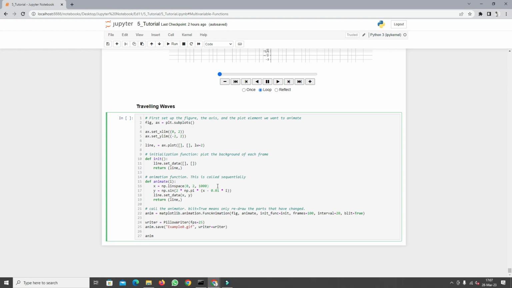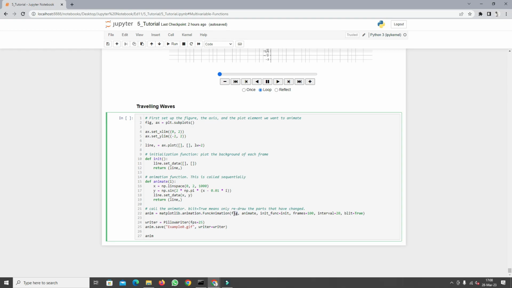You can put the x outside the animate function. It should really not have any difference because it's not dependent on the index i, but our variable y, which is our function, is dependent on i, and our function y is just defined as sine of 2 pi times x minus 0.01 times the index value i, and then it's going to take this plot object line and set the new data of x and y to update those empty sets for new values of x and y. So it's going to update the linear space. Okay, it's going to take all those points in for the first argument, and then it's going to take the new values of y equals sine of 2 pi times x minus 0.01 times the index, and then we're going to instantiate the